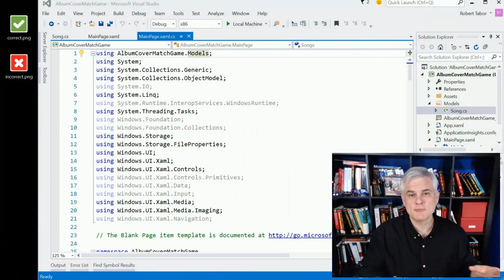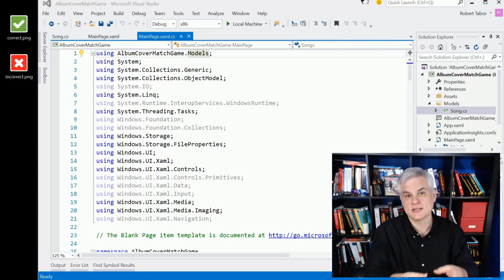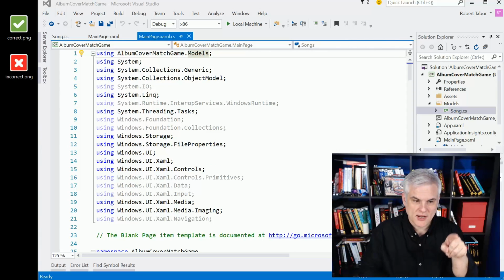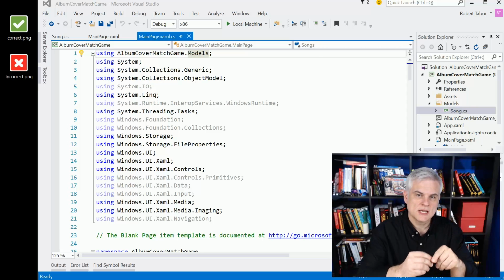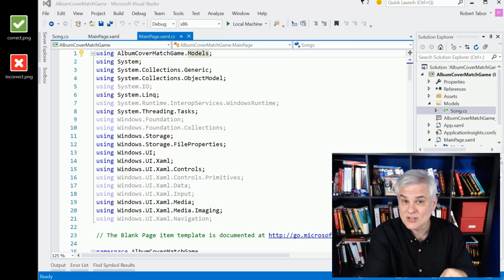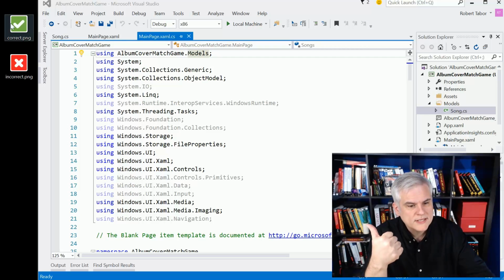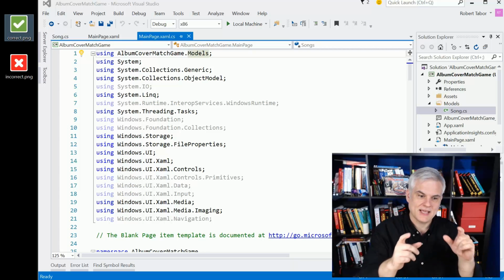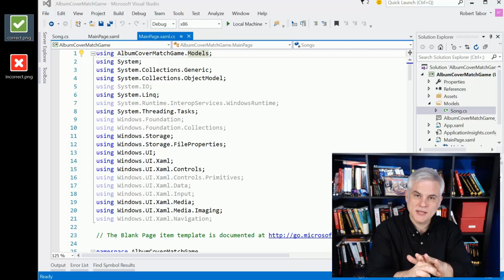Okay, so we're making great progress here. The next thing we want to do is evaluate what the user clicks on. The song is playing, they're going to choose an album cover, and we want to evaluate the click. Is it the song that's currently selected? If yes, then we want to award them points, and we want to display a correct symbol in place of